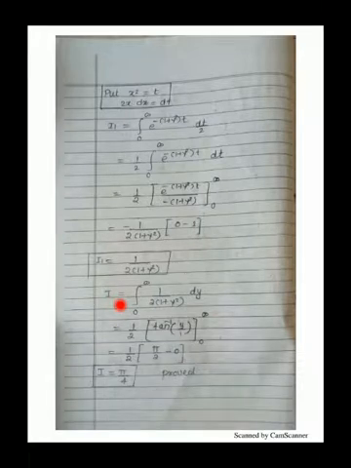So again 1 by 2 is taken outside. Integration of 1 upon 1 plus y square. Integration of 1 upon 1 plus x square is what? Tan inverse of x upon 1. So in a similar manner, integration of 1 upon 1 plus y square is tan inverse of y upon 1, with the upper limit infinity and the lower limit 0. Substituting, we get tan inverse of infinity minus tan inverse of 0. Tan inverse of infinity is pi by 2, and tan inverse of 0 becomes 0. So the value of the integral we are getting is I is equal to pi by 4.